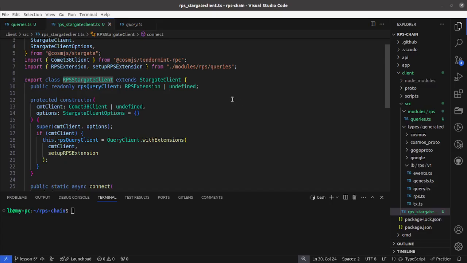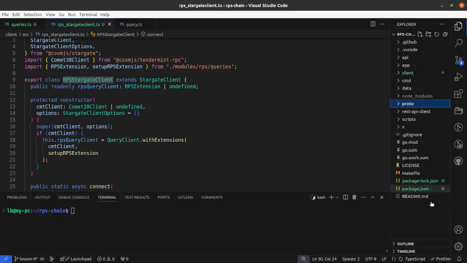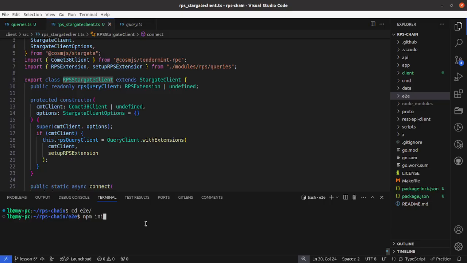Now that we have our queries on our client defined, we can start creating the setup for our end-to-end tests. For that, we are going to do so in a separate directory within the root of our project. We'll create an end-to-end E2E directory, and here we are going to initialize an npm package and make the setup to run some TypeScript tests using Jest. So to do so, we will run the npm init within the E2E